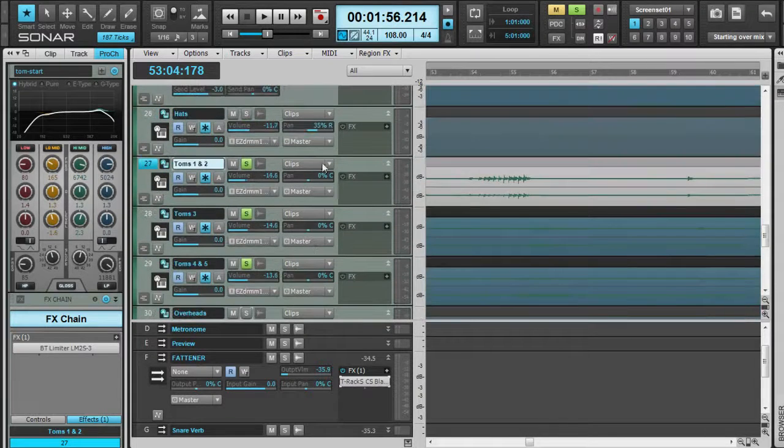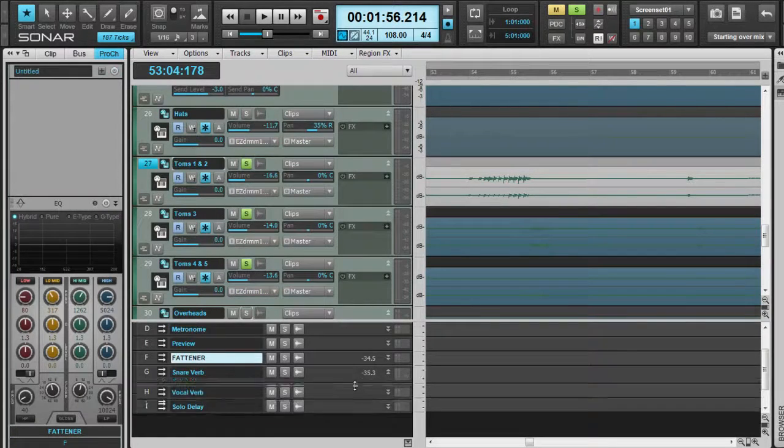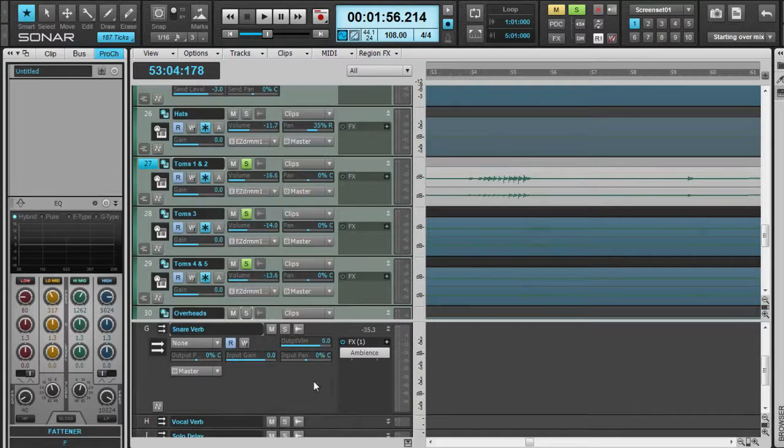That's basic panning for the toms. Depending on if you're doing something really crazy, I don't usually, but if you're going super arena rock 80s, you can put some reverb on the tom. You can put them through this snare reverb, which I forgot to talk about actually. To help the snare stick out a bit, you want some reverb on the snare, and it basically,